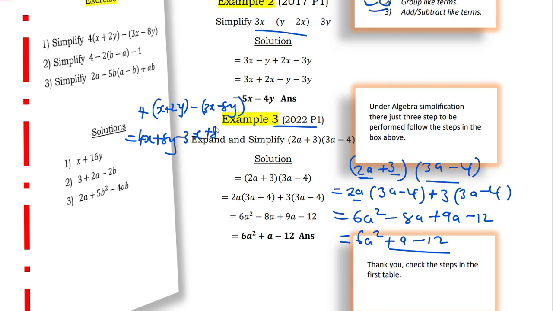Here it's positive 8y. We group the like terms, that is a 4x minus 3x plus 8y plus 8y. So when we add here, we're getting x here, and then here we're getting a 16. So that's how we got the answer for this. Okay, we go to question number 2. For question number 2,